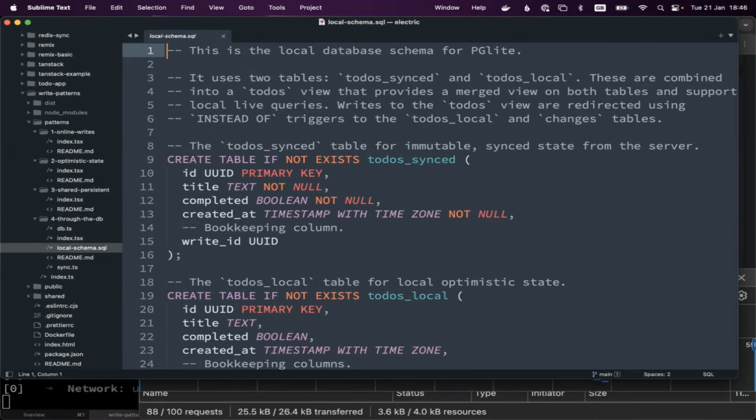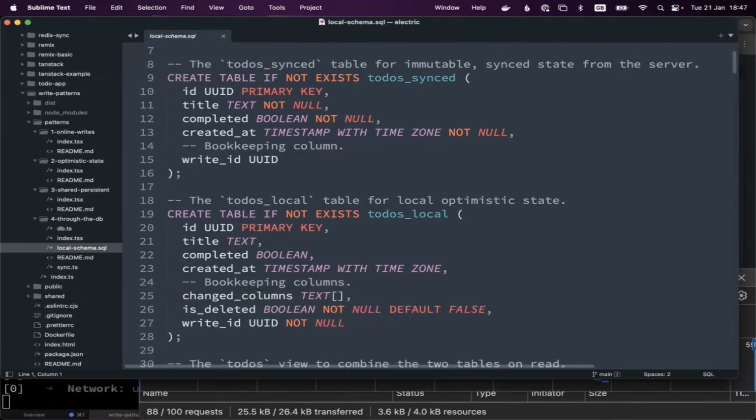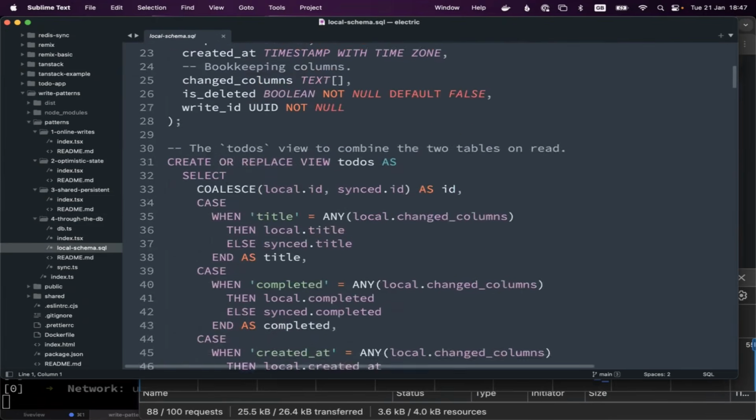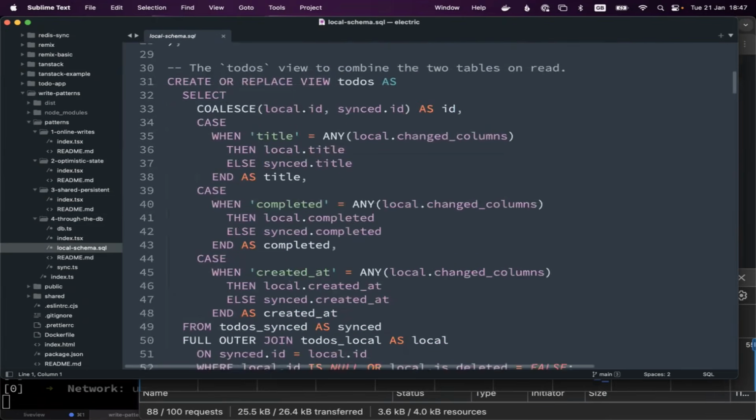And the trick is that where you have a table, you actually have two tables. One is where you sync the state from the server and you treat that state as immutable, and then you have basically a shadow table for local optimistic state. Then you can do some trickery in your database schema to combine those into a view, so you can query it as just a unified table.